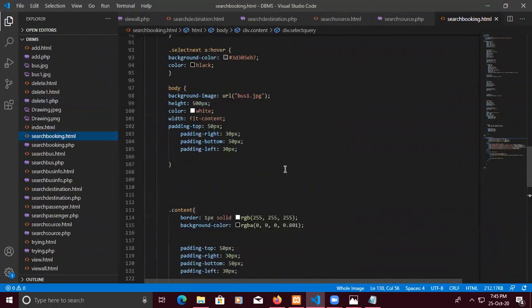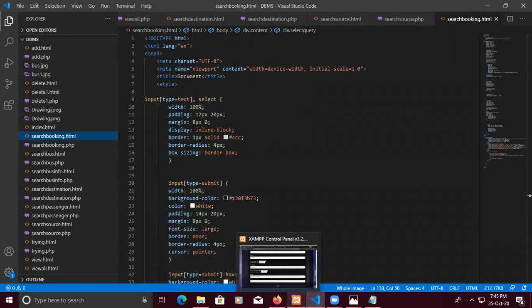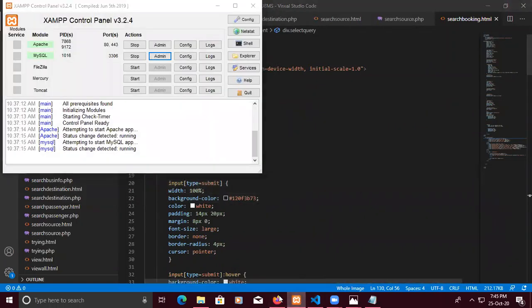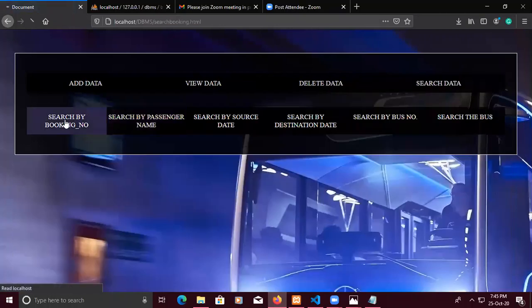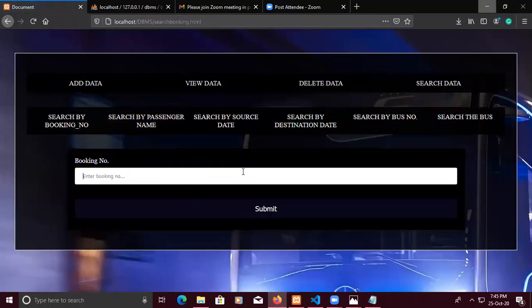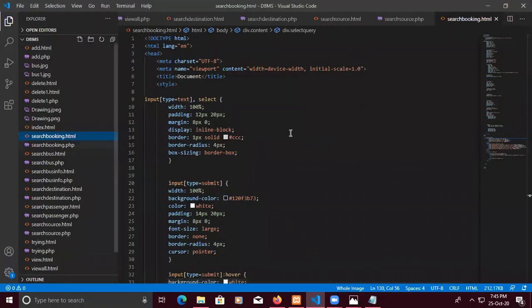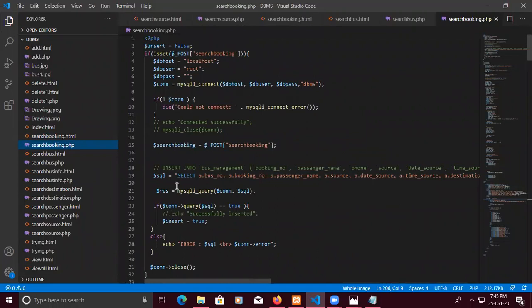Now there is the search booking number. Here I have included the search booking number, which is inside the form.